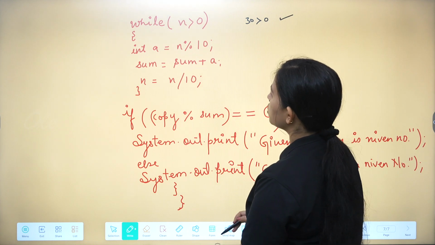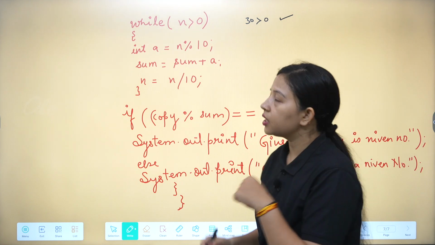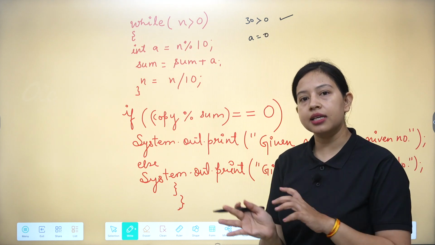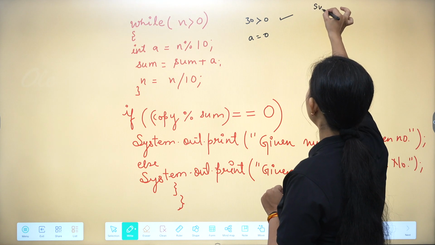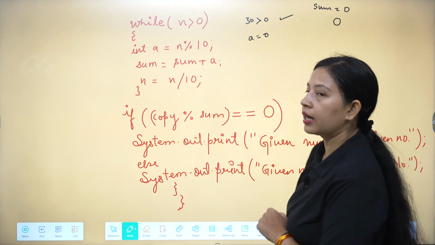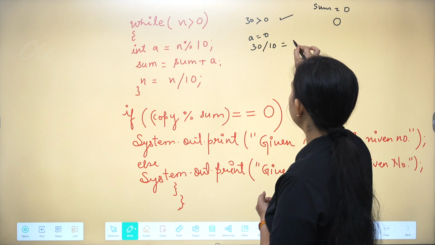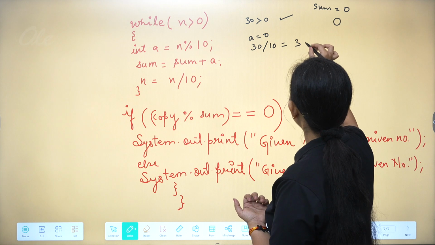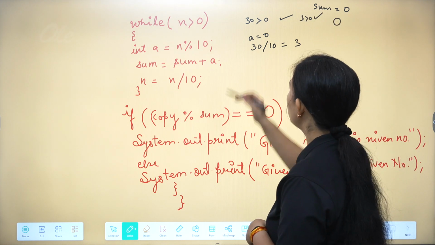get inside, find out the modulus of that number. Modulus by 10 always returns the last digit. So here you can see the value of a will be 0, because in 30 the last digit is 0, and sum equals sum plus 0. As I told you, the current value of sum is 0, so 0 plus 0 is 0. Again, update and reduce the number, that is 30 divided by 10, you will get 3 as the final result. So once again you need to check, 3 is greater than 0, yes, the condition is true, get inside,